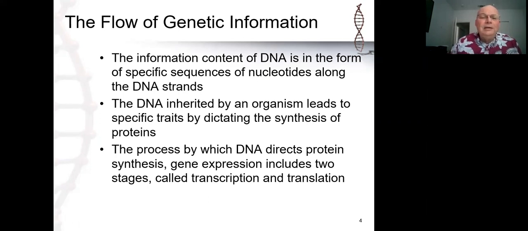We do know that we do have to amend that a little bit on the basis of what we've seen, particularly with viruses like the HIV virus, which is an RNA virus, because we now know that it is possible to take an RNA molecule as a single-stranded polynucleotide and, utilizing an enzyme called a reverse transcriptase, create a single-stranded DNA molecule that is complementary to that single-stranded RNA molecule.